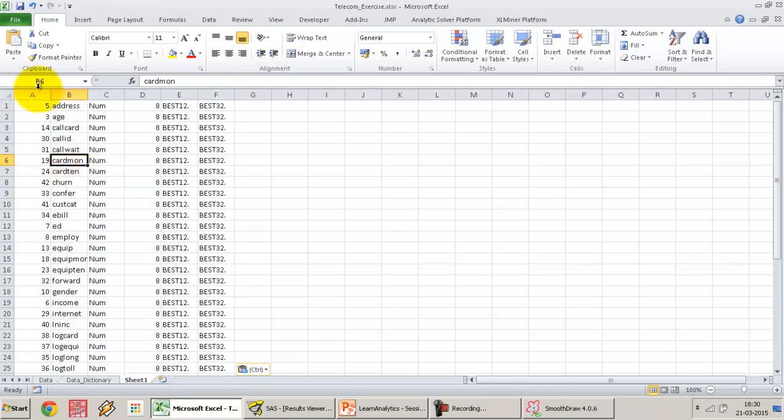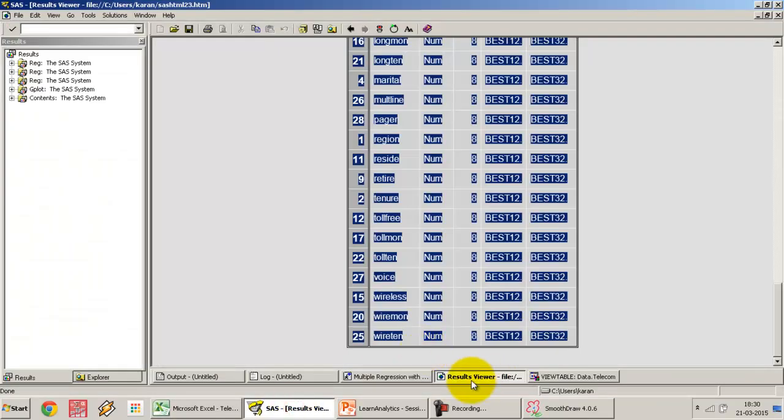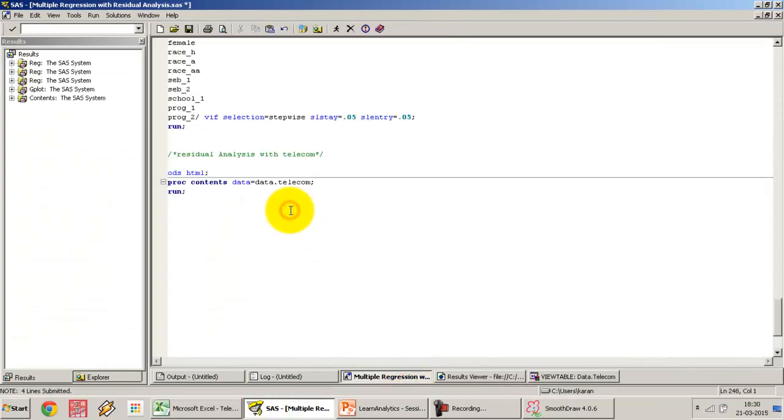We'll let it be. And I'm going to ensure that the variables that I put into my model are the correct variables. So I don't want to put in a variable which is nominal and use it like a number in the data set. So proc reg data equal to data.telecom